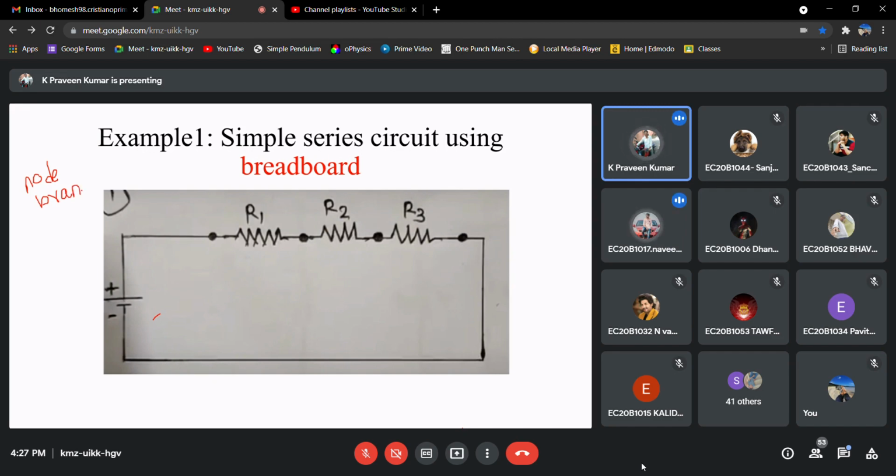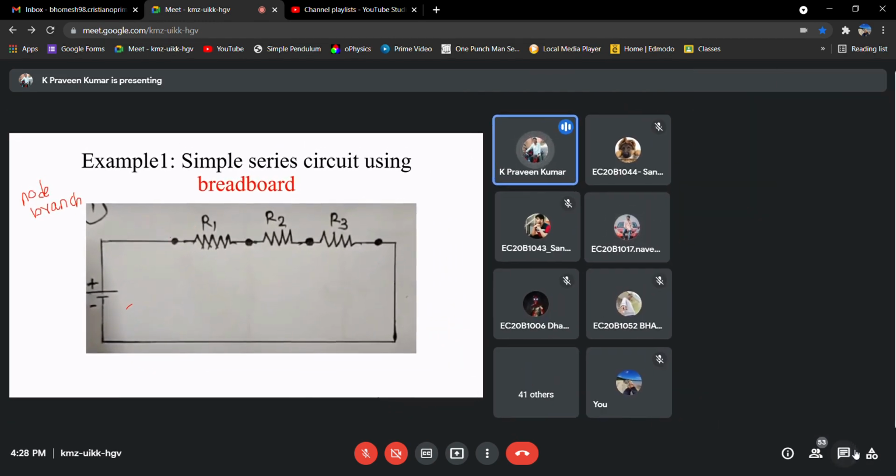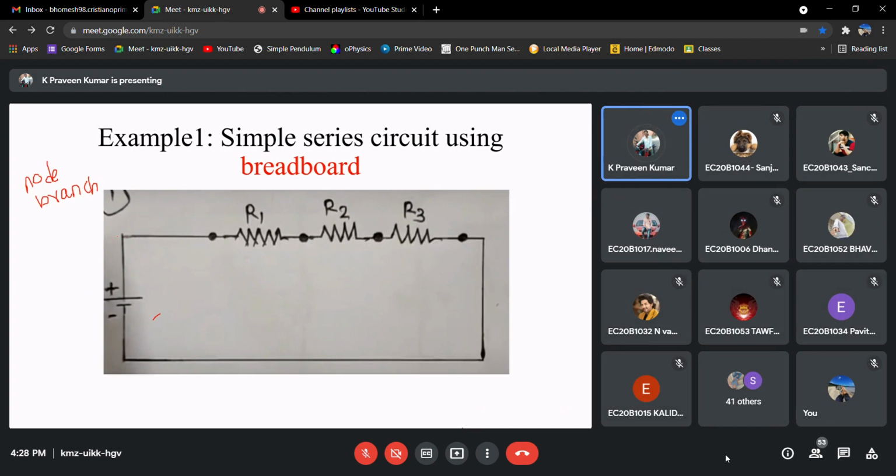So a branch is, for example, if we have at least one component in a particular line. Say, if I take this one, this is a branch, where at these 2 terminals we have connected a voltage source. This is one branch.